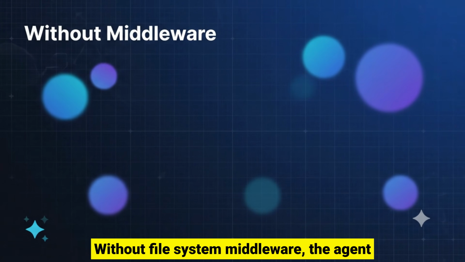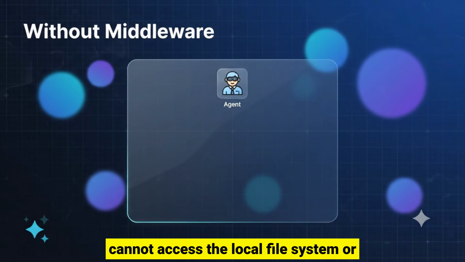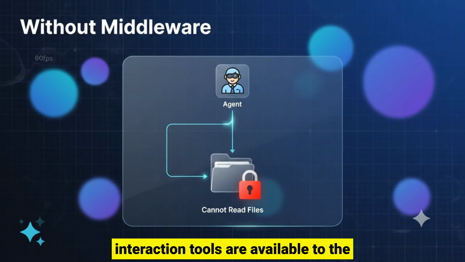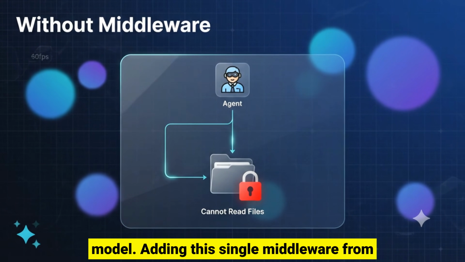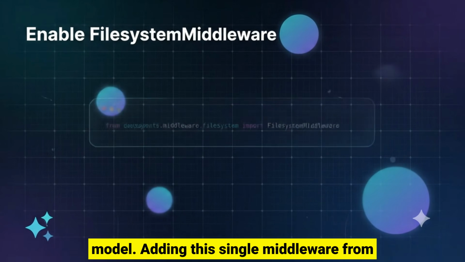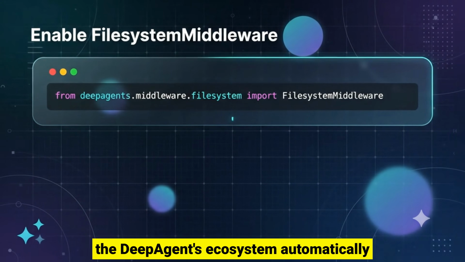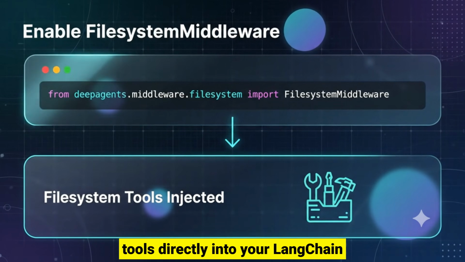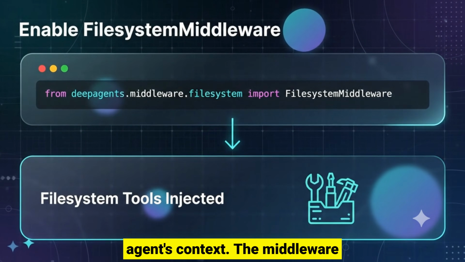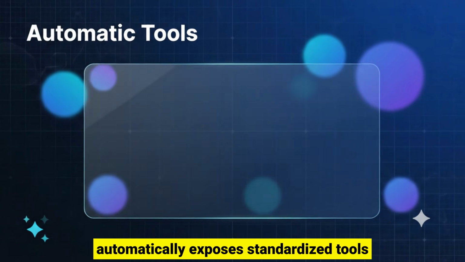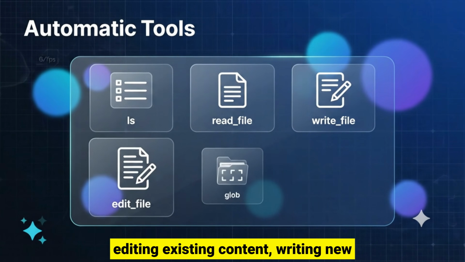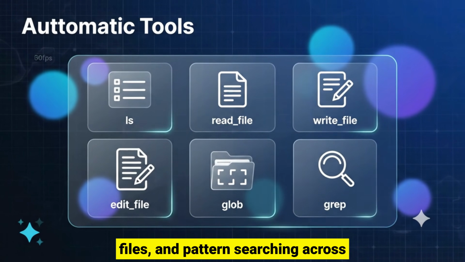Without FilesystemMiddleware, the agent cannot access the local file system or persist artifacts because no file interaction tools are available to the model. Adding this single middleware from the DeepAgents ecosystem automatically injects a robust suite of Filesystem tools directly into your LangChain agent's context. The middleware automatically exposes standardized tools for listing directories, reading files, editing existing content, writing new files, and pattern searching